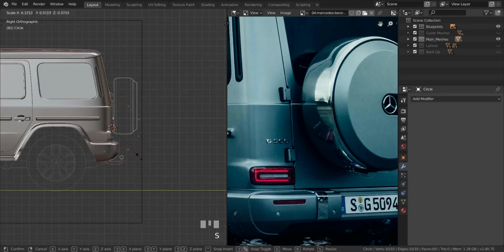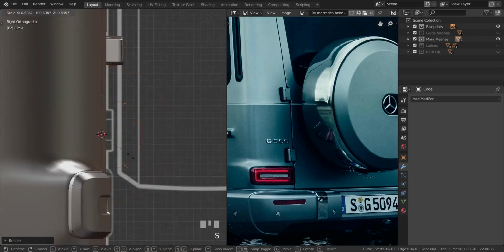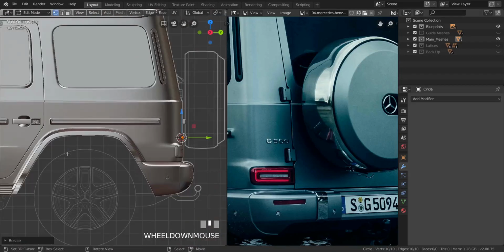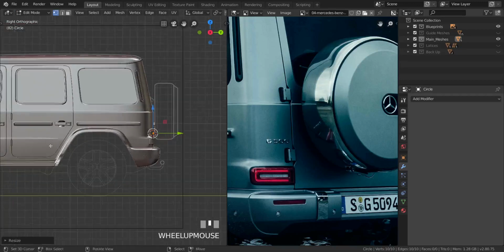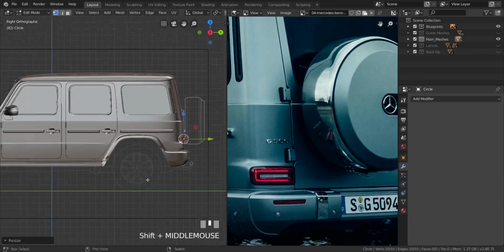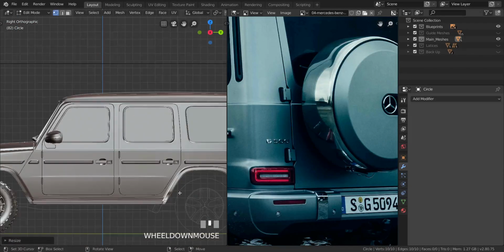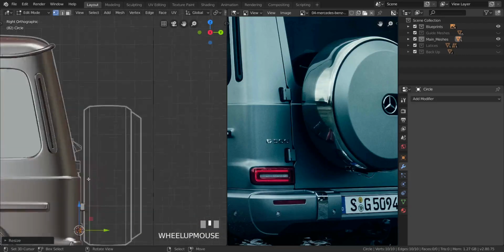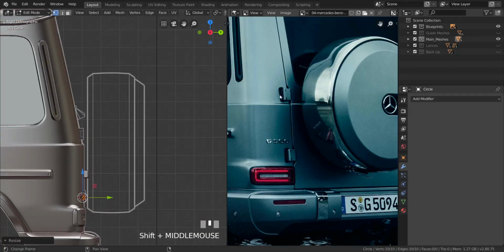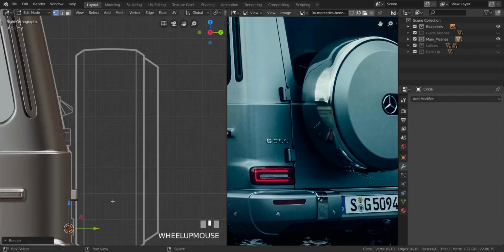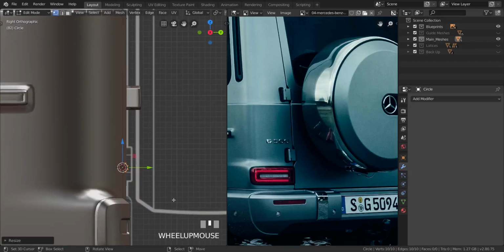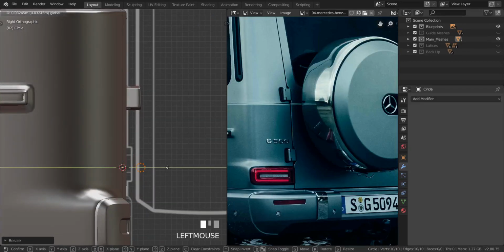So I'm going to go into edit mode. I want to scale this down very small. I mean, we could have just duplicated this hinge over here and used it, but I want to make this a whole new one because you can see this one is quite different from what we have over there. So let's go into edit mode. I want to scale this down to be very small like this, and let me rotate this in the y-axis